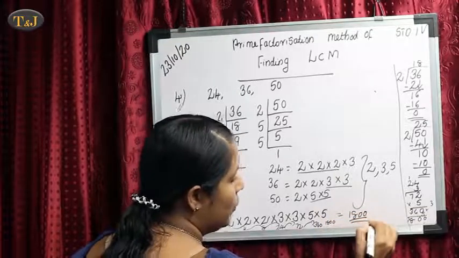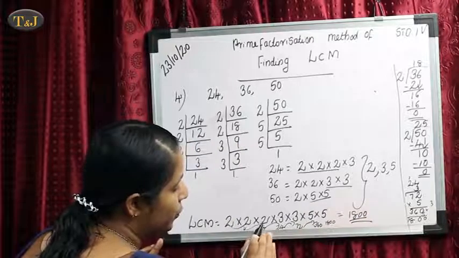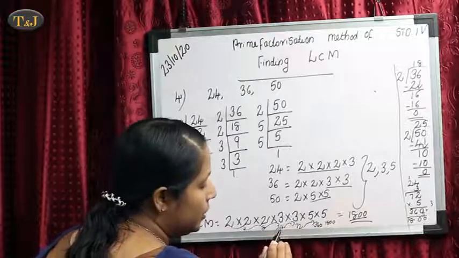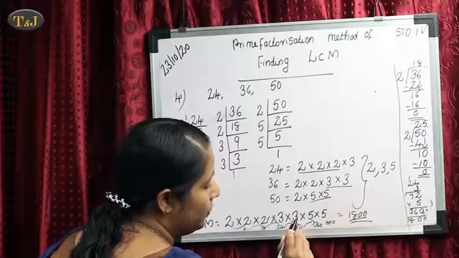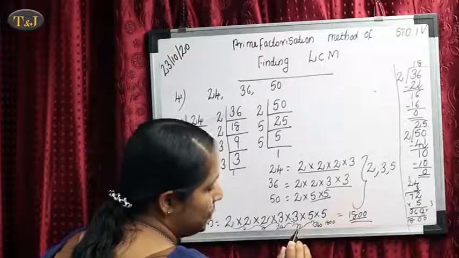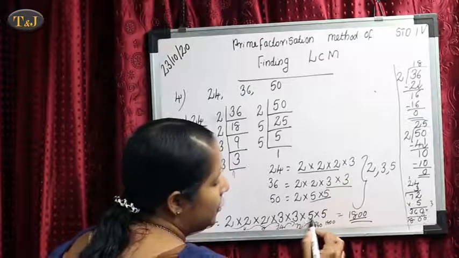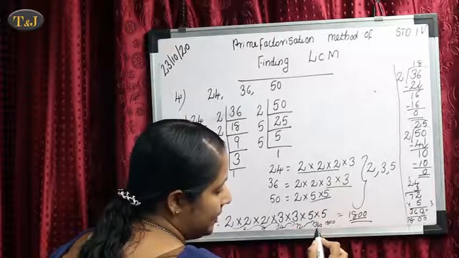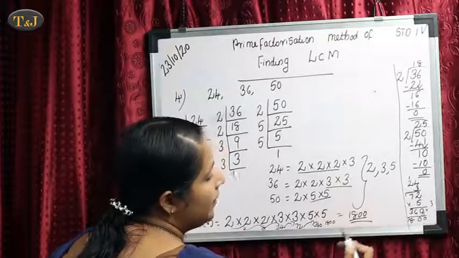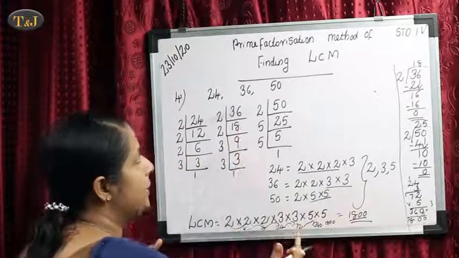1800. Okay, first multiply 2 2s. 2 2s are 4. Then multiply 4 2s. 4 2s are 8. Then multiply 8 3s. 8 3s are 24. Then multiply 24 by 3, which gives 72. Next multiply 72 by 5, which equals 360. Then multiply 360 by 5. Then we got the answer 1800. Once more I explain this problem.